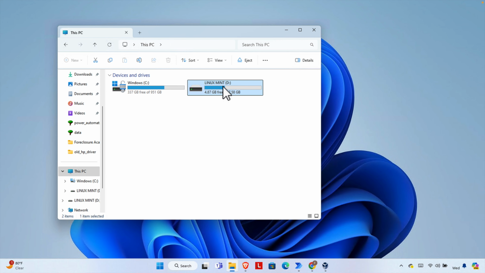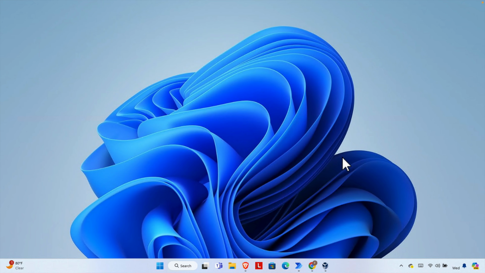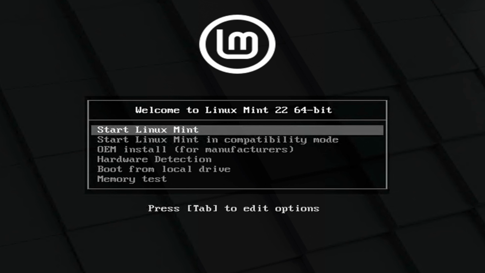Now I'm going to insert this pen drive into my computer, and from there I will install Linux Mint on my old computer. So I'm going to close this thing, and insert it, and then you can see how I am going to install this on my old computer. After inserting the pen drive into my computer, if I turn on my computer, it will come up with this type of option. So here there are a couple of options,